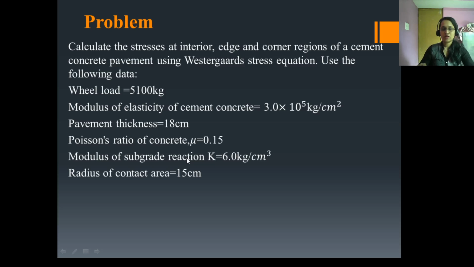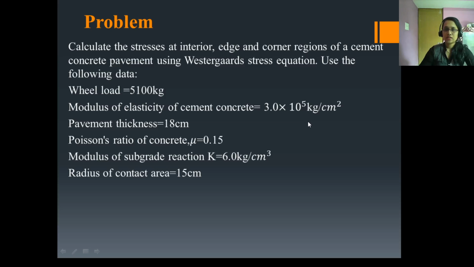Coming to a problem, let us read this. What is told to us: calculate the stresses at the interior, edge and the corner regions of a cement concrete pavement using the Westergaard stress equation. Use the following data. The wheel load is given to us as 5100 kg. Then the modulus of elasticity of the cement concrete is given as 3 into 10 raised to